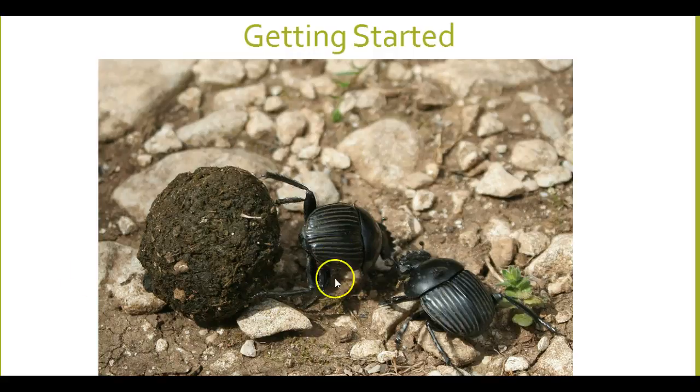These two particular beetles are fighting over a dung ball right here, and it's amazing the size of these things. In some cases, they can work with a dung ball that's almost 250 times larger than the beetle itself. So the question might come up, why in the world would these organisms fight over animal waste? I mean, what's the deal?